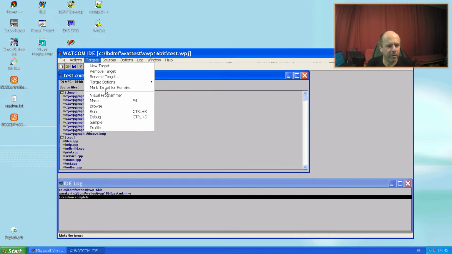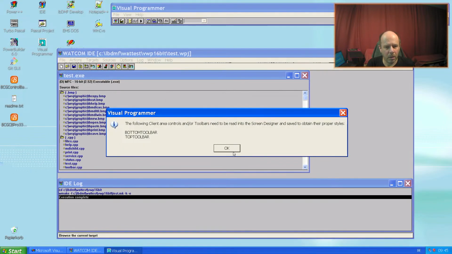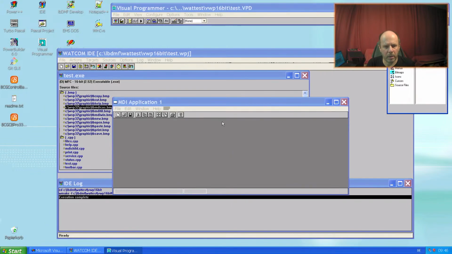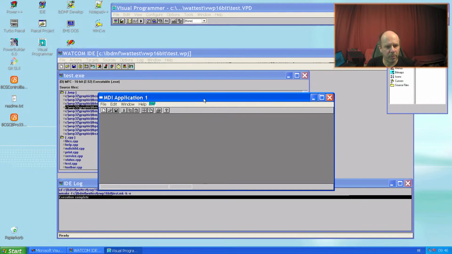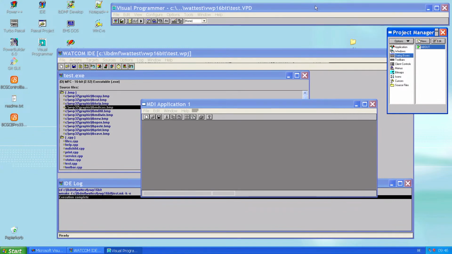And this was something like a visual programmer. Okay, I have made some changes probably since then. And if I go to tools and to the designer. Don't see me.